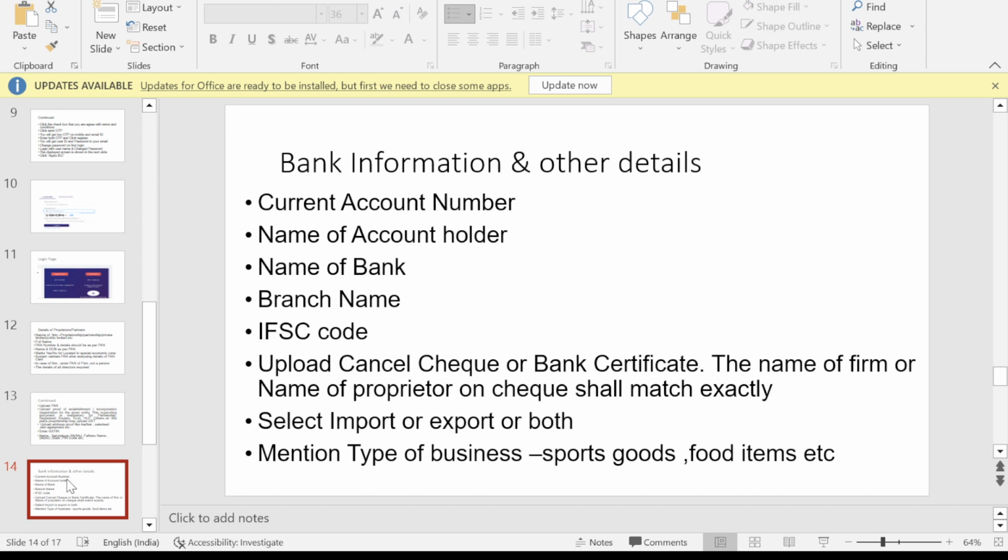If you select export and the type of business you have selected is sports goods, then nobody is going to stop you if you are also sending food items. However, you may enter whatever your business is if you want. And then